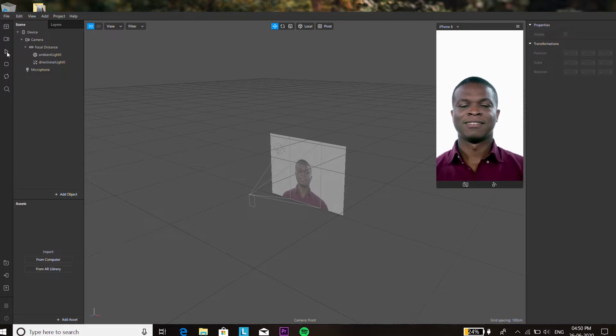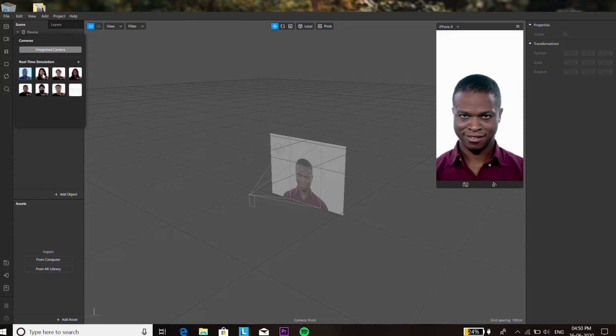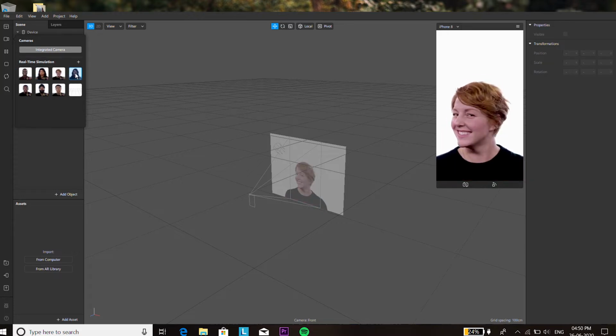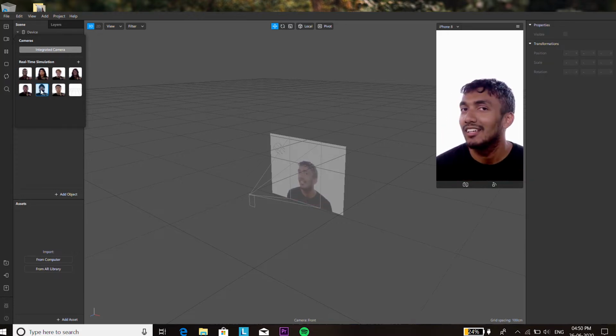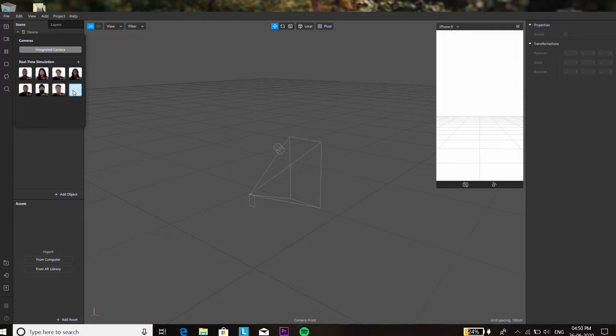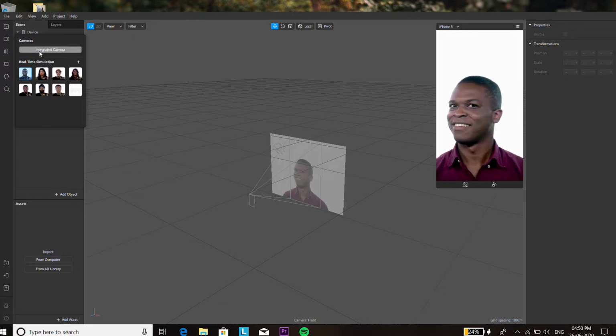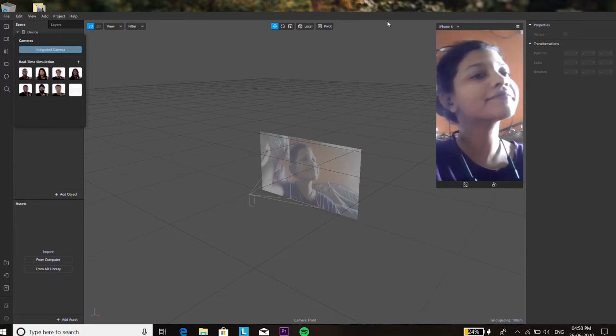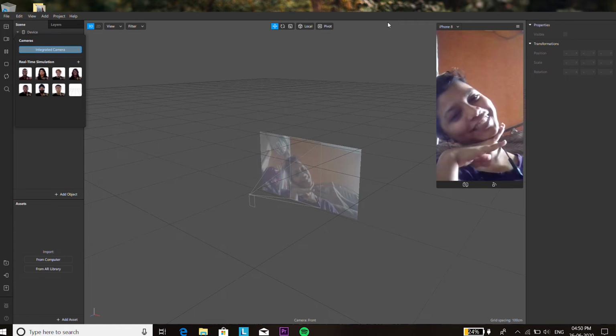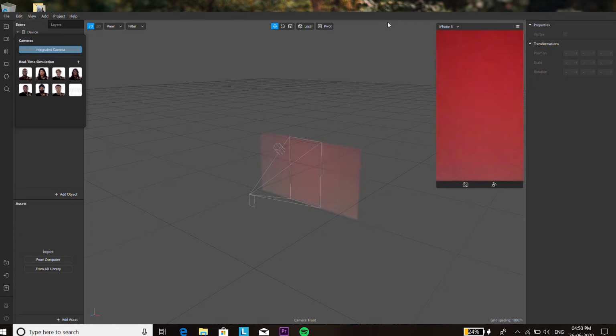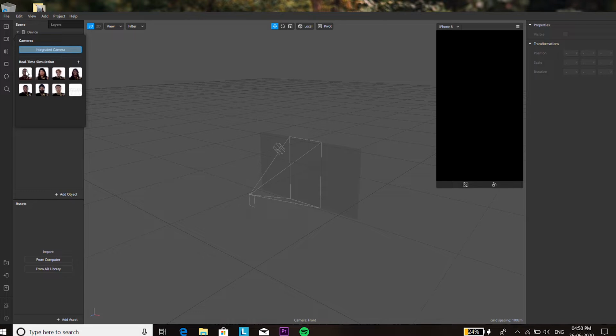You can pause the video, or you can also select different types of faces for the video depending on what type of filter you're making. You can also use the integrated camera and see yourself in the video and use your face as a map to make the filter.